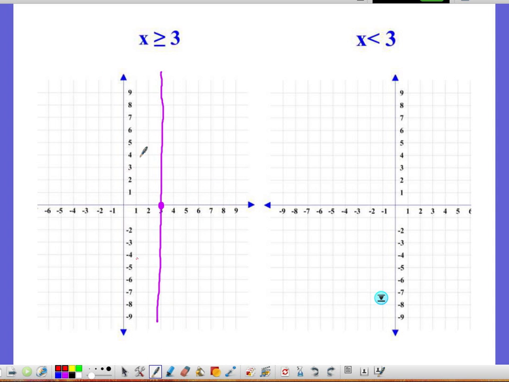Well, all you have to do is simply read this. X is greater than or equal to 3. What numbers are greater than or equal to 3? Well, 4 is greater than or equal to 3, 5, 6, 7, and so on. So our shaded area is going to be on the right side of the solid